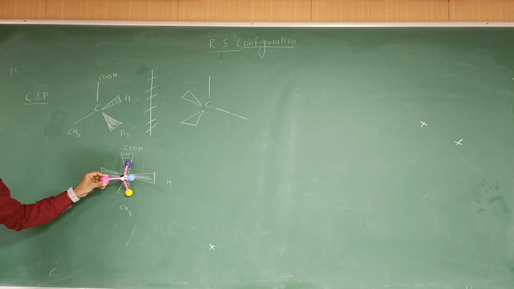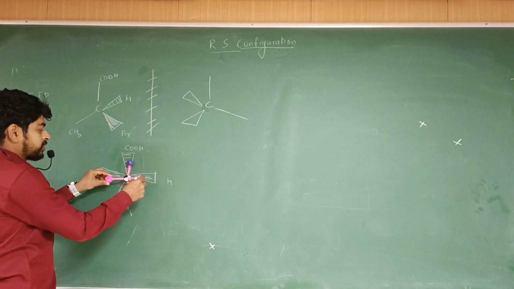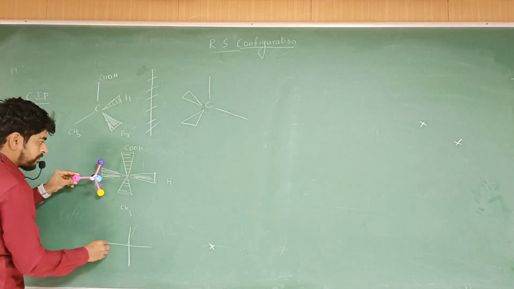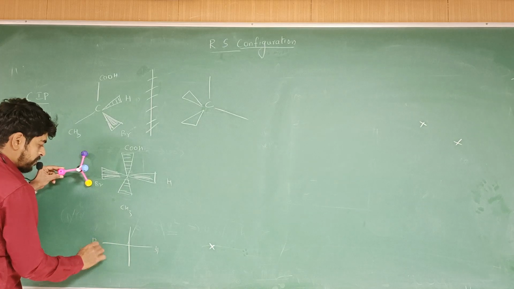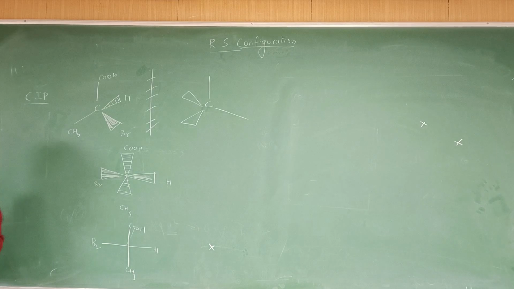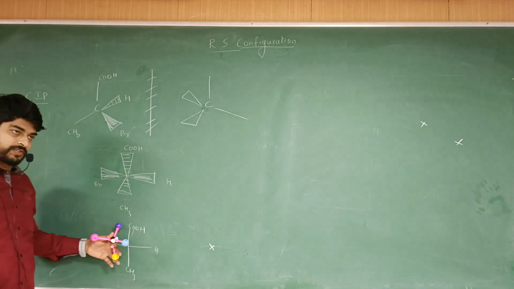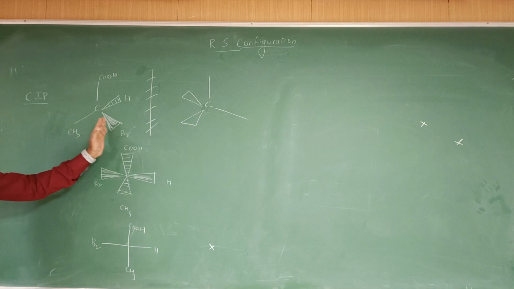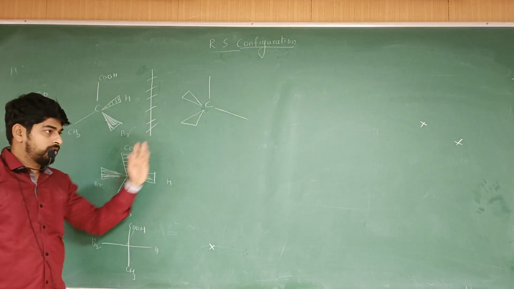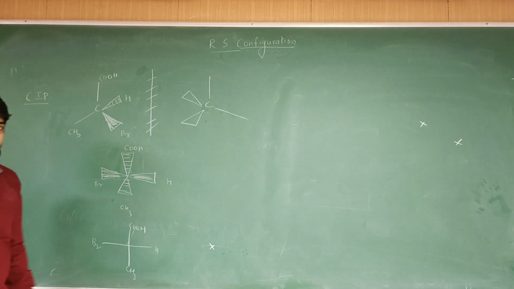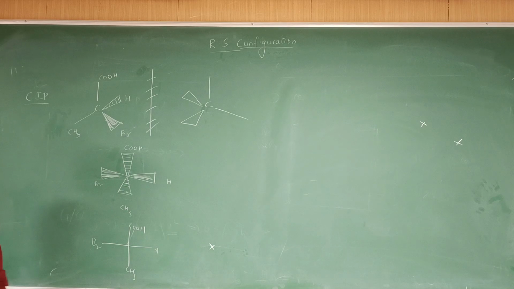Now if I am to convert this into a Fischer projection, it will be in one line. That is the Fischer projection. So that will be this. Is this point clear now about Fischer projection? So that is the Fischer projection. Now what you all should do is draw the mirror image of it on your own, then write it like this, then write the Fischer projection of it. You can try that. Before we proceed, now I'll assign priorities to all the 4 groups based on